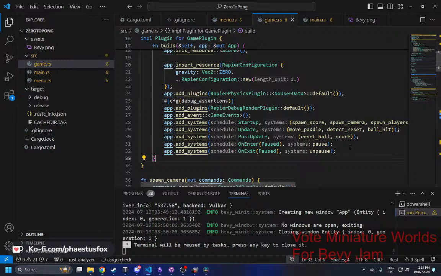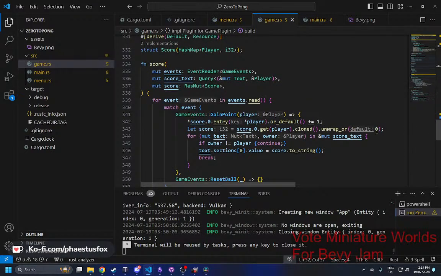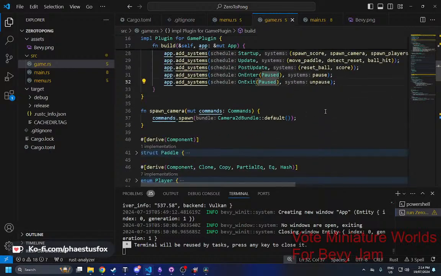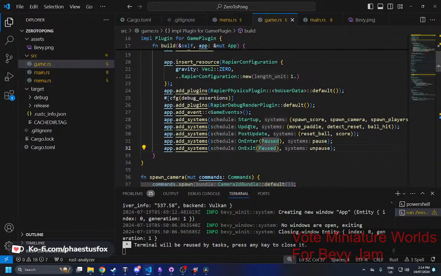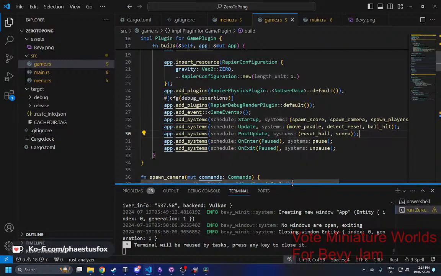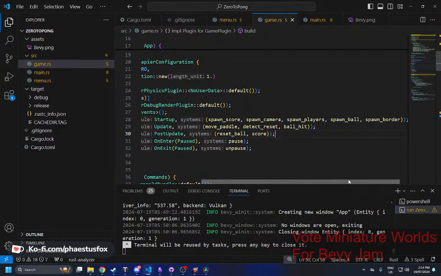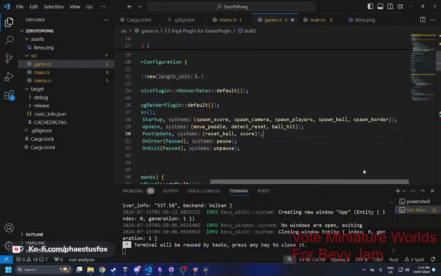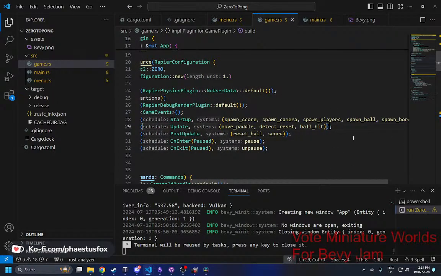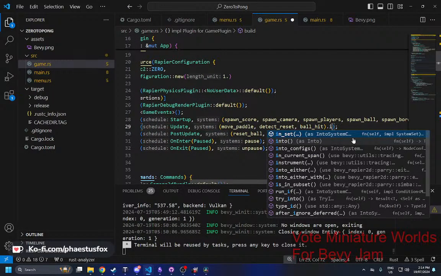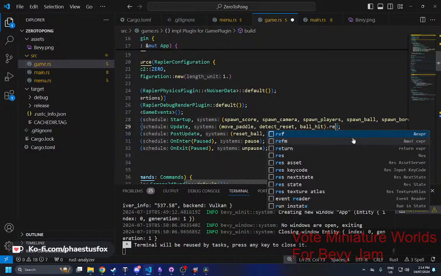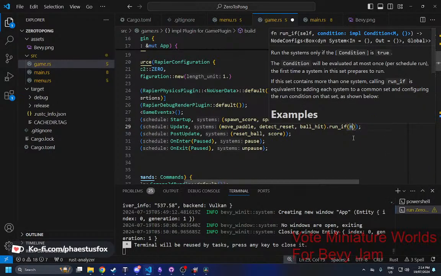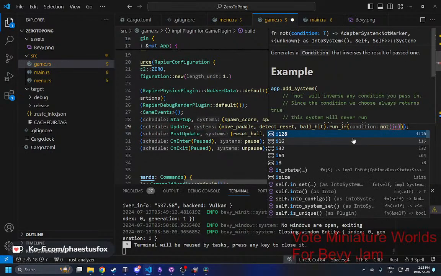Now, the issue is I want a computed set that's basically the reciprocal of paused, so that we only run things like moving the paddles when not paused. Can I do that? Resetting the ball and scoring should work even when we're paused. Spawn the score, that's all done regardless. It's only these three that we need a run condition for: run if not in state